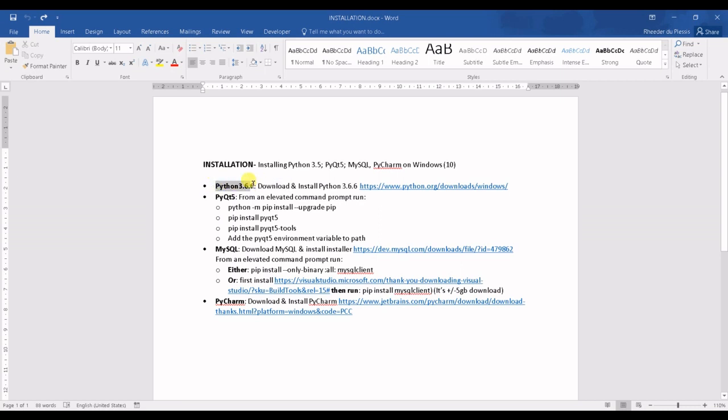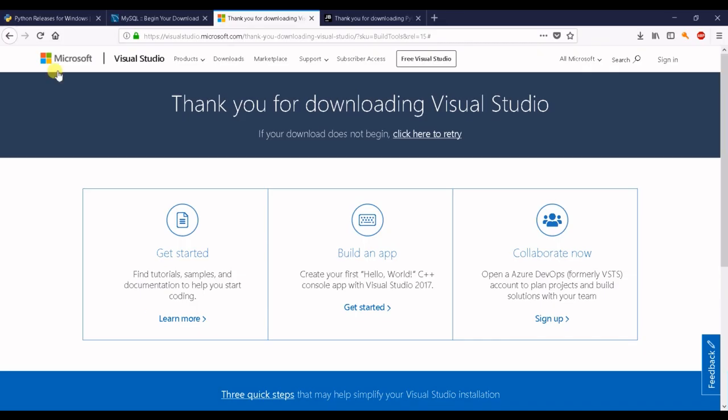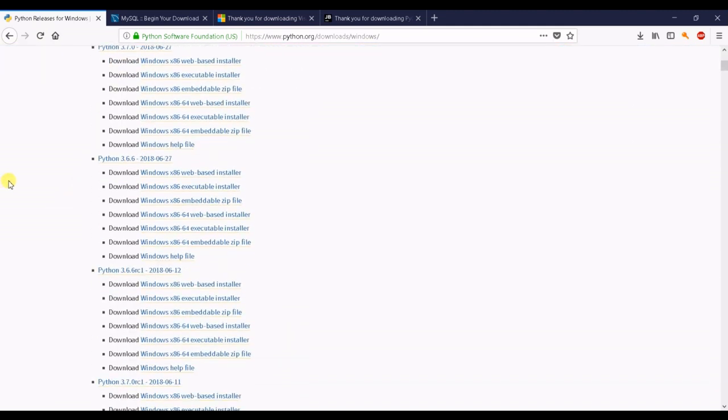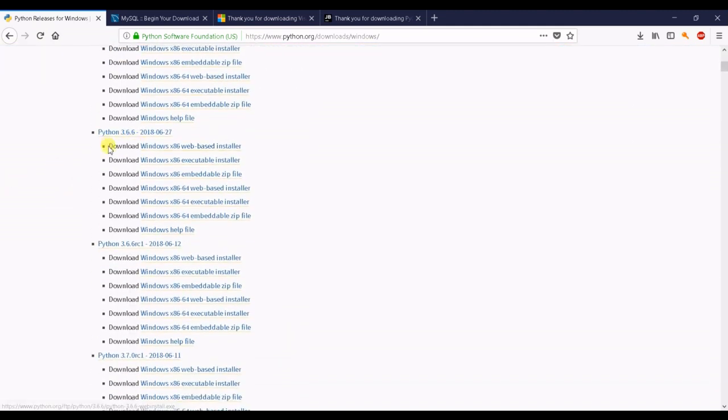First up, Python 3.6. So what you're going to do, you need to download and install Python. I provided the link here. I'll put all the links in the description. If you follow that link, you'll go to this site, and make sure that if you've got a 64-bit processor, everything that you download is 64. Likewise, if you've got a 32-bit processor. I already downloaded the 64 executable